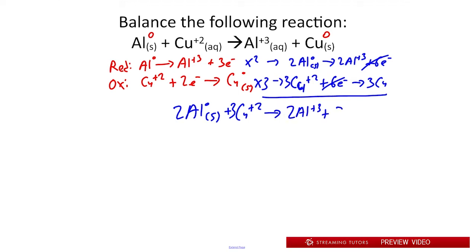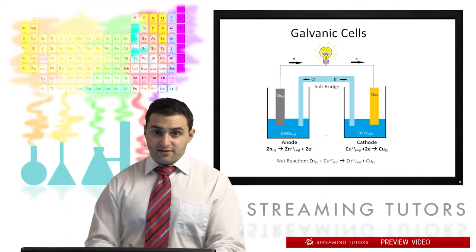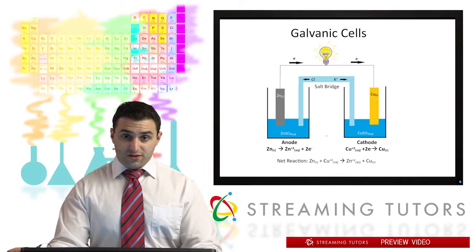Okay, so that was pretty straightforward. All we had to do was just balance out the number of electrons that are transferred between each species. We'll see that that's going to be an important point to do when we start getting into solving problems for electrochemical cells in particular. Okay, so with that then, let's introduce the most basic electrochemical cell, which is known as